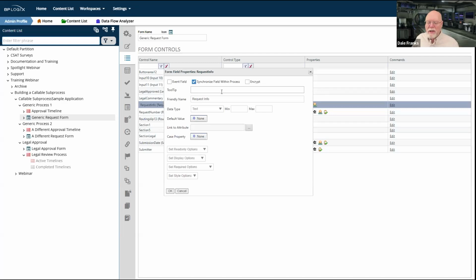It simply doesn't know that you're going to be using 2 or 3 or 5 forms in this process timeline. Because when I'm going in here and editing the form, I'm kind of in a bubble here. I don't know how that form is ultimately going to be used. I don't know if that form is going to be called by another timeline and whether it is a mistake to have this checkbox checked.